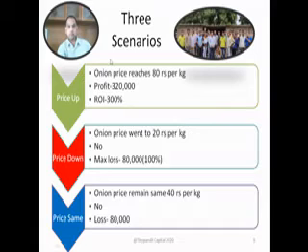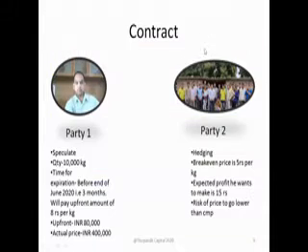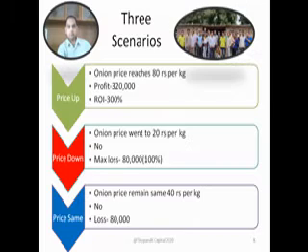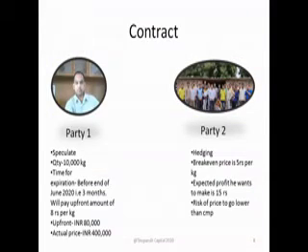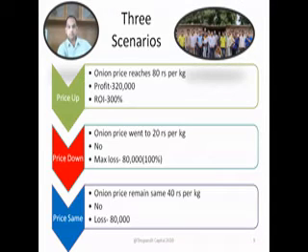So party one is basically the buyer, and party two is the seller, right? I was using the words party one, party two only because I didn't want it to confuse you guys. So now party one is actually the buyer, and party two is the seller. That's how we treat it in options. One is the seller and one is the buyer, and we are always on the buyer side.